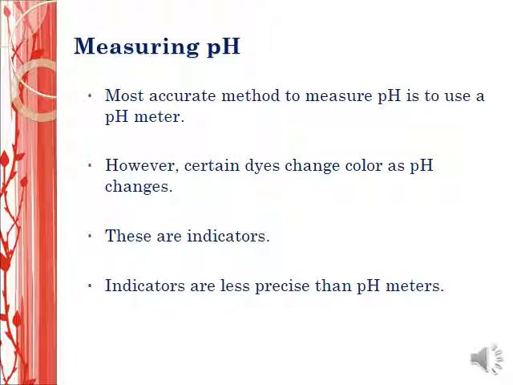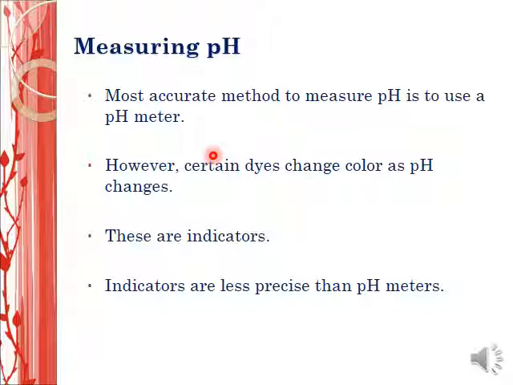Alright, how do we measure pH? Of course, the most accurate method to measure pH is using a pH meter. You dip the pH rod into the solution you want to measure, and it will display the digital value of pH of that particular solution. However, if we don't have a pH meter, we can estimate the acidity or basicity of a solution by using dye, and this dye we can get from plants, for example,